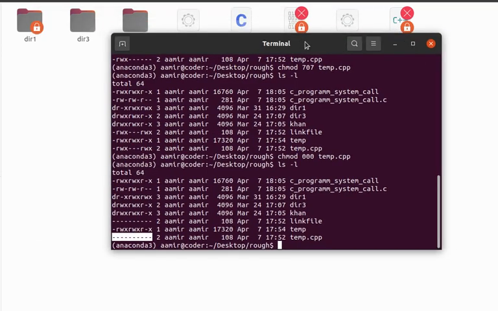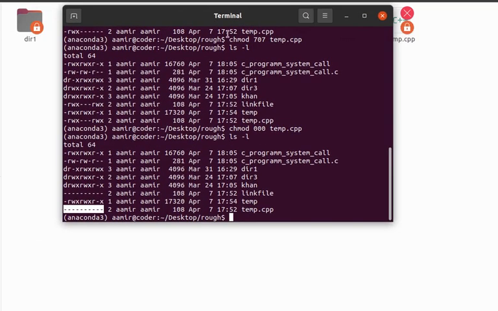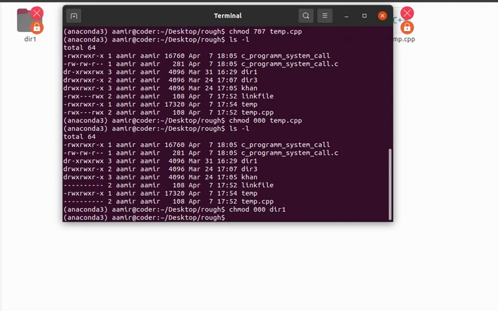So let's work on this directory, dir1, and take all permissions from it. So chmod 000: take permission from the owner, from the groups, and from others in dir1. All the permissions are taken from this, as you can see.